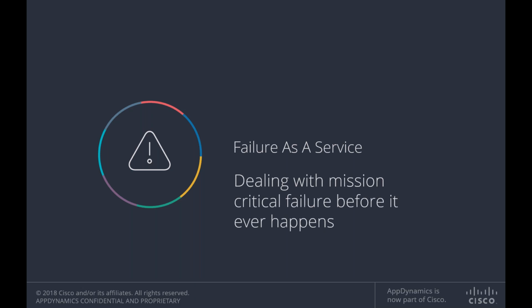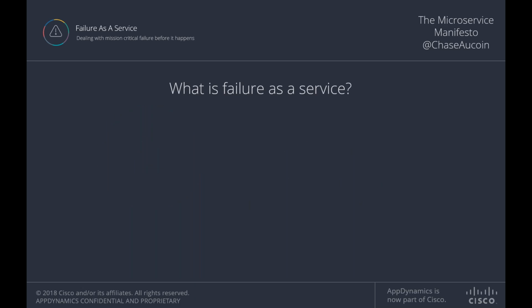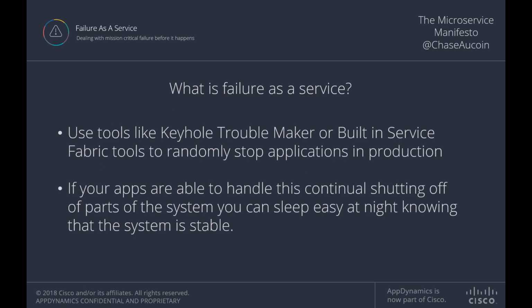This is like after you're well established in your journey down microservices. But we want to use tools like Keyhole has a thing called Troublemaker. There's Chaos Monkey. There's a ton of tools to randomly just stop applications in production, as well as Service Fabric has some built-in stuff. And the reason that we want to do that is if we know that during business working hours, our services are able to fail,